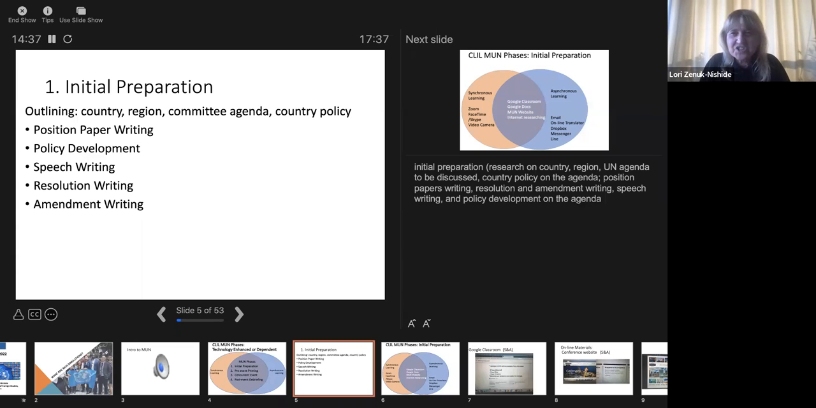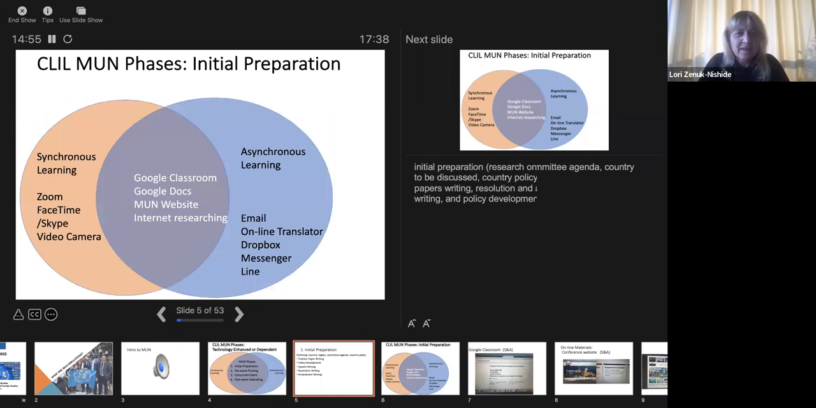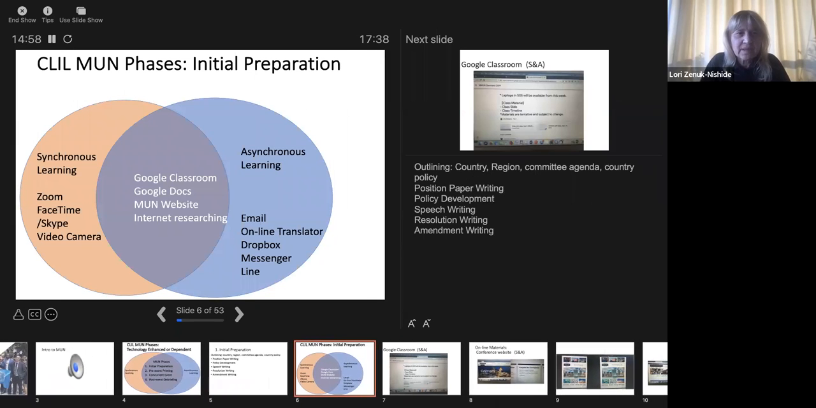In the initial preparation, they have to learn how to write position papers, the position on their country, on the agenda. They have to learn how to develop policy, speech writing, resolution writing, and amendment writing, and each one has its own genre. And to do this online, we used Zoom,